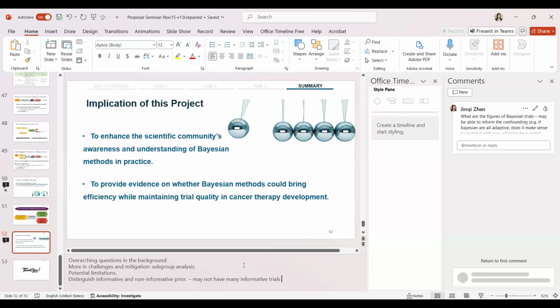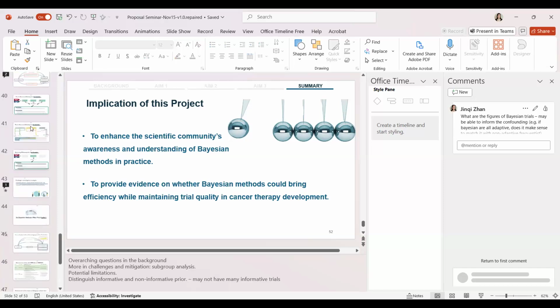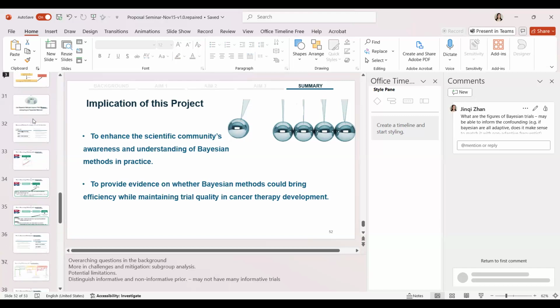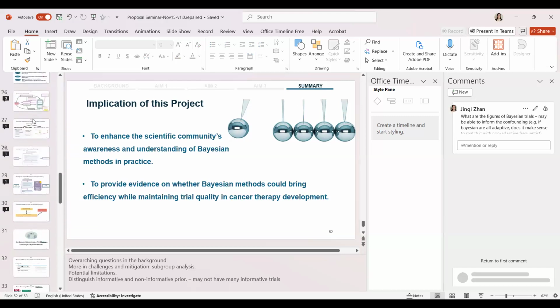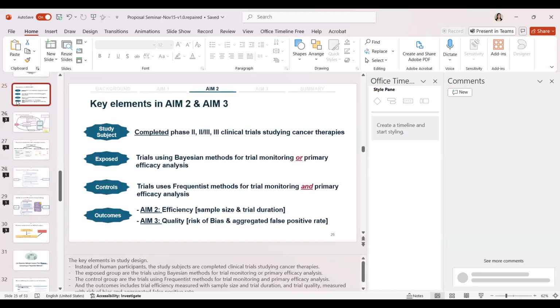Yes. For aims, you may have to repeat the question, but aims 2 and 3, you are restricting the studies that are complete. Yes. What might be the implications of that? Might there be differences between the data and frequency